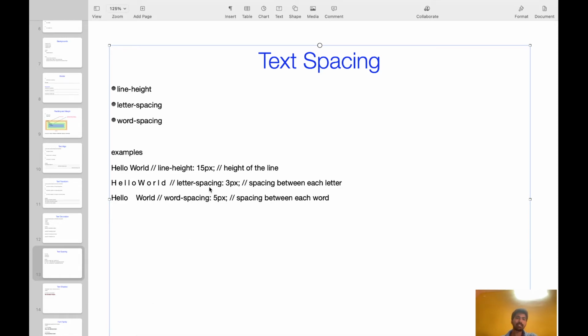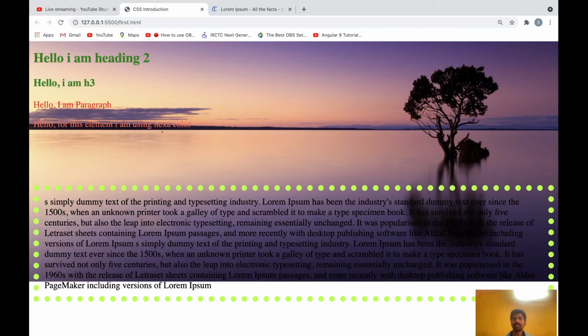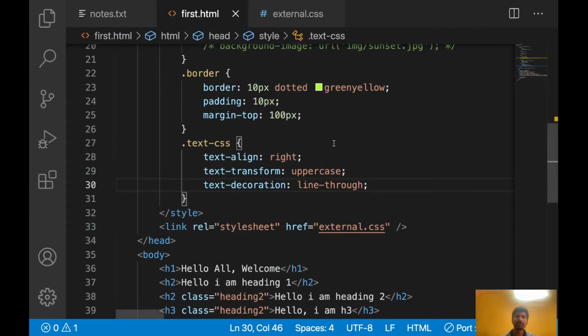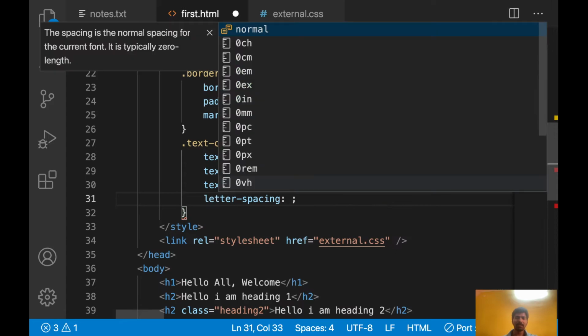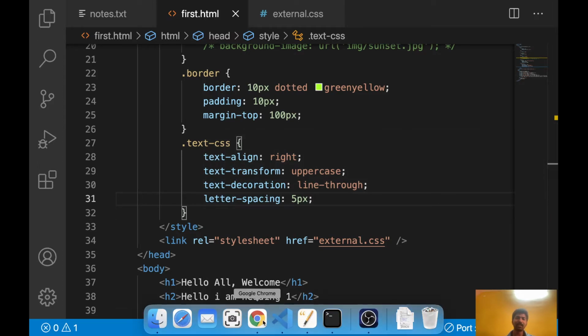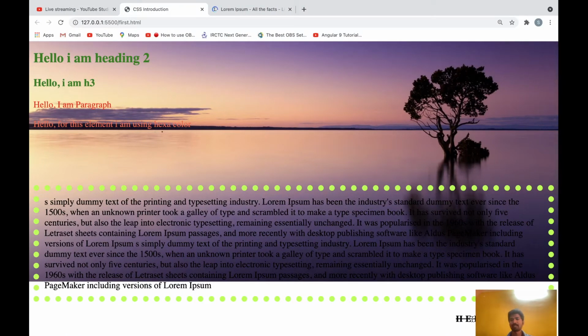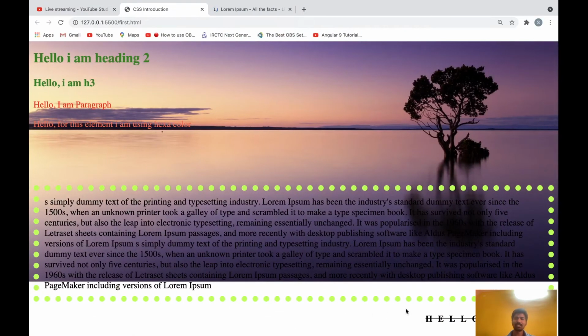So let's say I want to use letter spacing. Let's go here and use letter-spacing of 5px. So for each letter I want to give 5px of space. See, now let's use 10px.